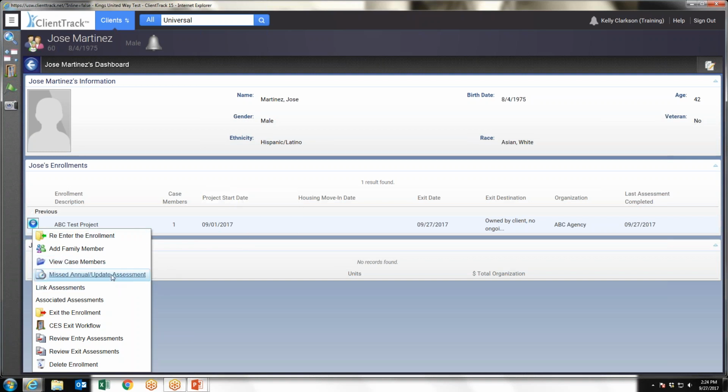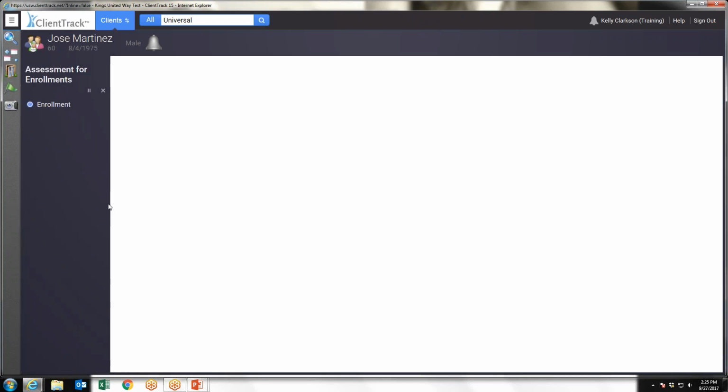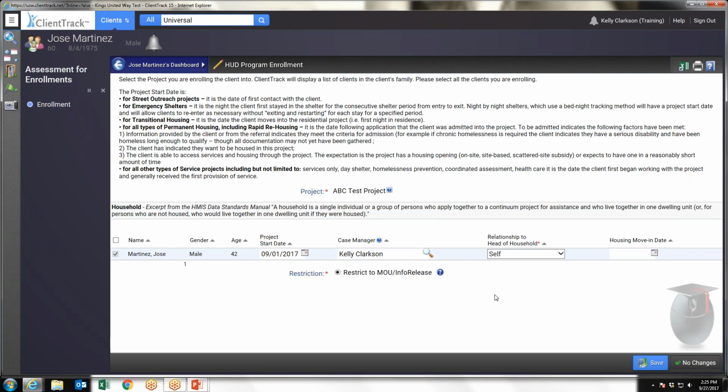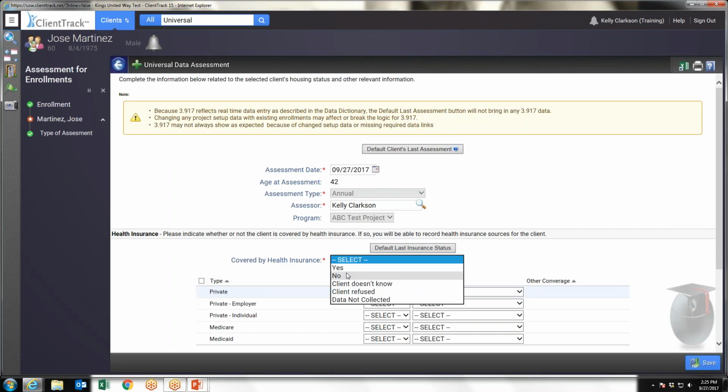And to add the annual assessment, you would click on the action gear next to the enrollment and select Missed Annual Update Assessment. I think it will just read Annual Assessment. I've already exited the client, so it doesn't read that. It'll take you through the enrollment. No changes. And then it'll ask you if you want to update or annual. You'll select Annual. And then you will complete the annual assessment